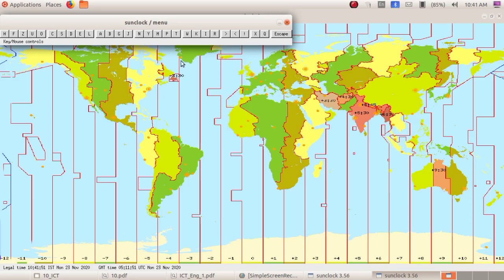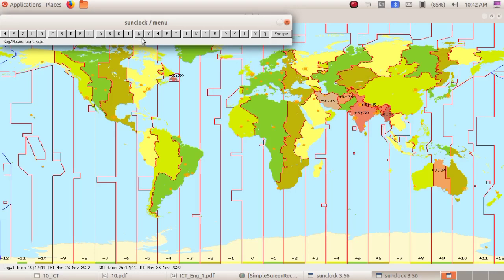So we have studied two menus. First one is clock and map tool, for showing the map with time zones. Second one is N, that is toggle night, used to hide the day and night.